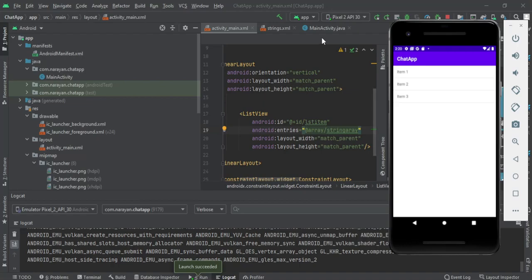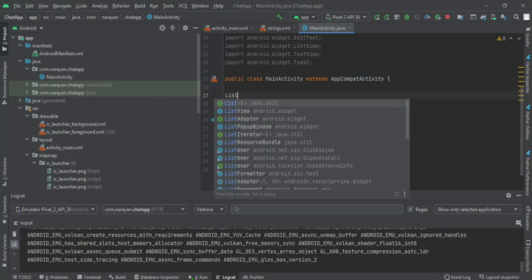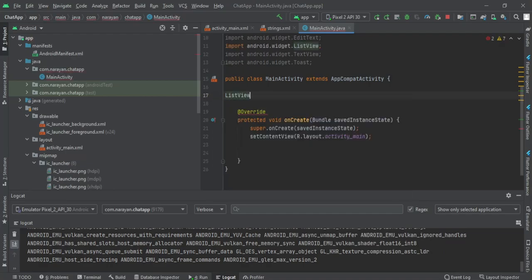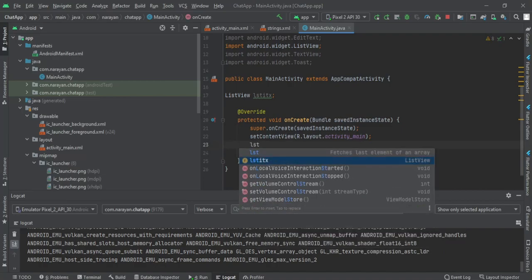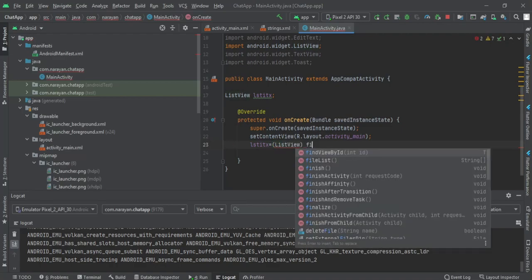So what we should do is head over to our Java file, and here we have to declare a list view temporary variable, lstitx. You can name it anything you want.